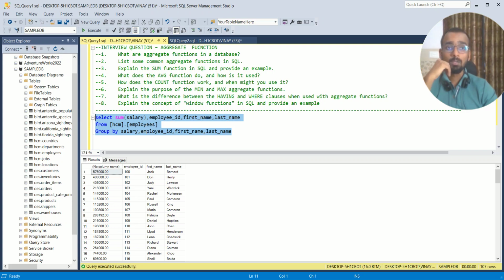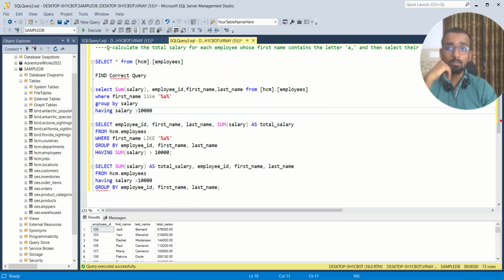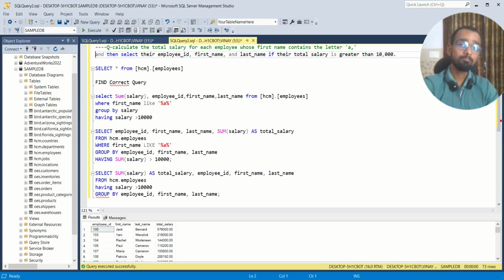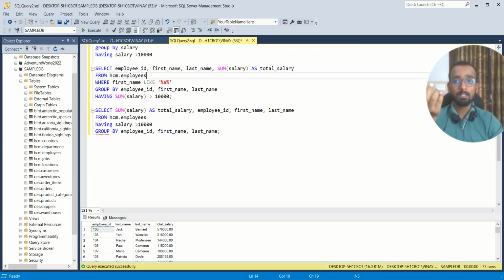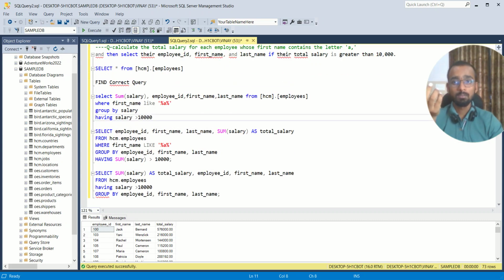Now coming to this question, you have to write a query on your own by figuring it out, otherwise you have to guess which query will satisfy this question.